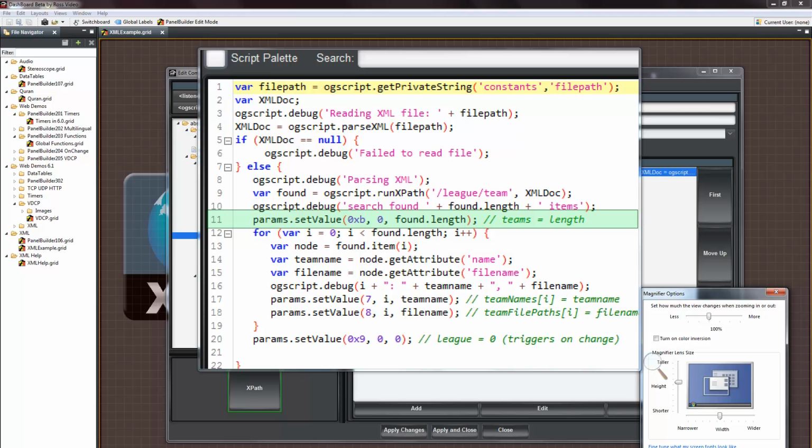And then lines 12 through 20 iterate through that list of nodes, and they use the getAttribute method shown on lines 14 and 15 here to pull the data out of that XML file that we saw earlier. Lines 17 and 18 write those into a couple of array variables that I defined in this file so that we can access them later and use them to populate the tables.